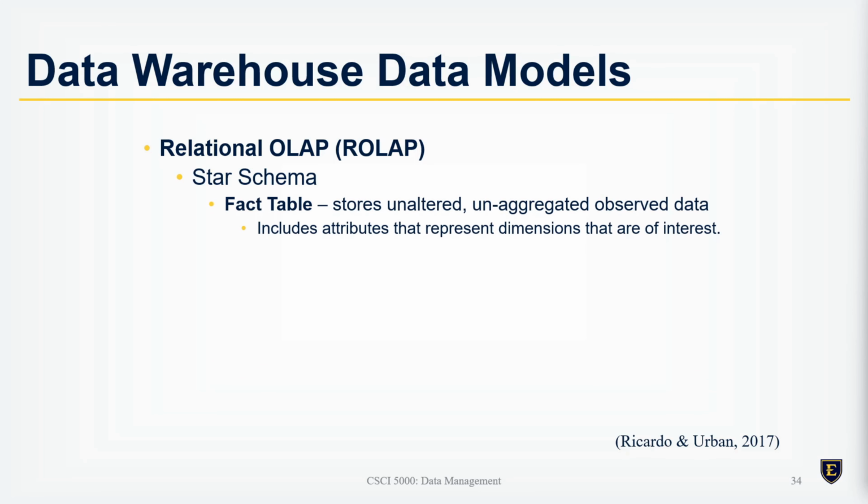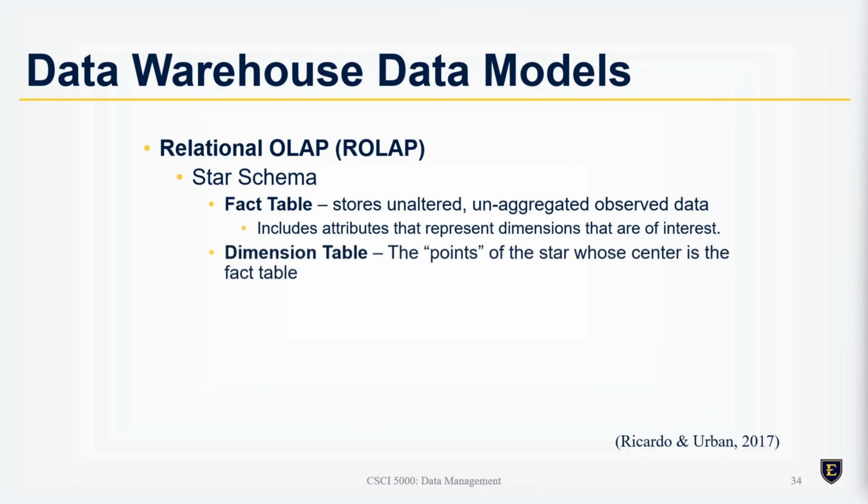The first of those tables is a fact table. The fact table stores unaltered and unaggregated data that we observe in our production databases. So it includes attributes that represent the dimensions that are of interest to us. A dimension table, on the other hand, is the points of the star in the star schema,